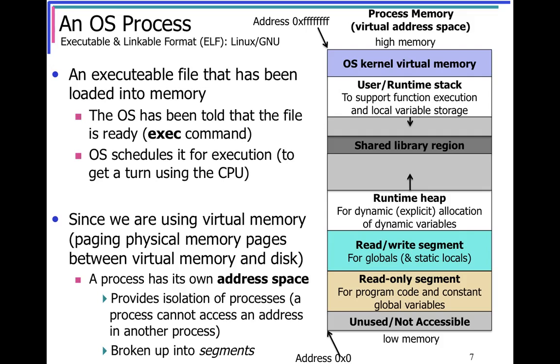I'm assuming a 32-bit architecture here. In low memory, we have a section that's usually not available for use. Immediately above that, we have the read-only segment. This is where your program code is stored, and any constant global variables also have their storage in this segment. Above that, we have our read-write segment, and this is where all of our global variables that are not constant